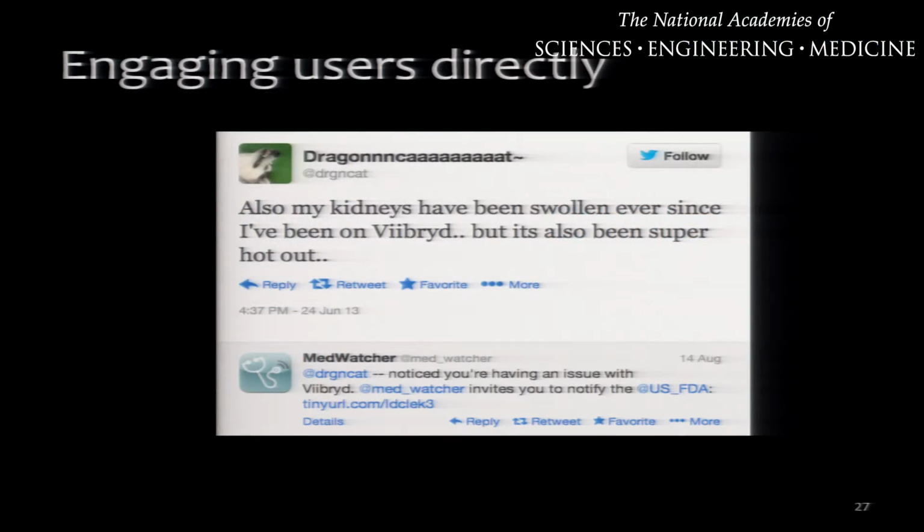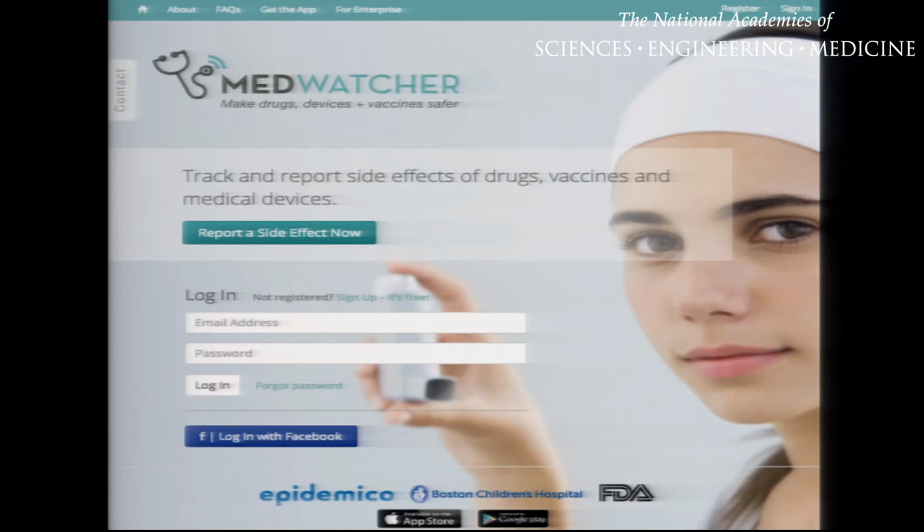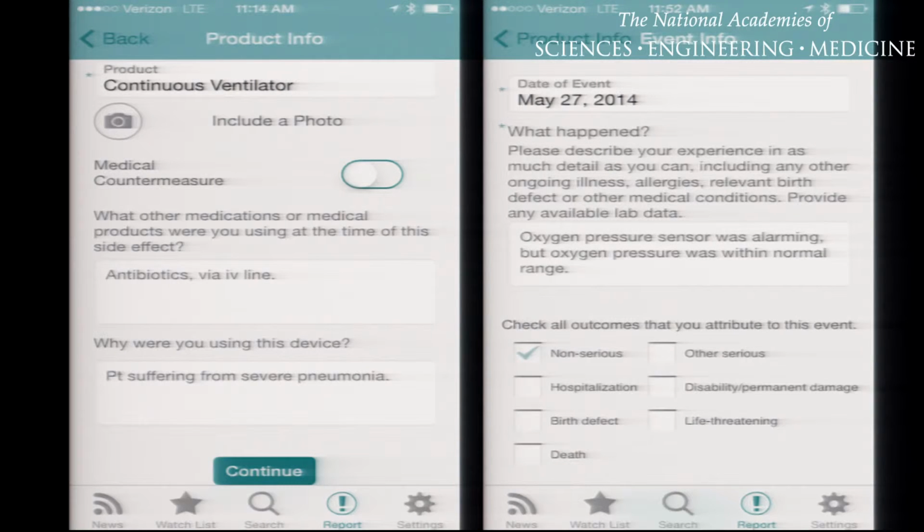We're getting many disclosures of people using these medications for outcomes they're not prescribed for. And of course, the idea is that we don't just want to get data from the social media site itself. This also represents an engagement platform where we can, as a tool, interact with people online, while still understanding the regulations of what is possible. We can direct people into the other FDA-sponsored tool that we've built called MedWatch, or the app, where people can give much more detailed information about the event. So we can get a lot more information from individuals by bringing them into a crowdsourcing tool.